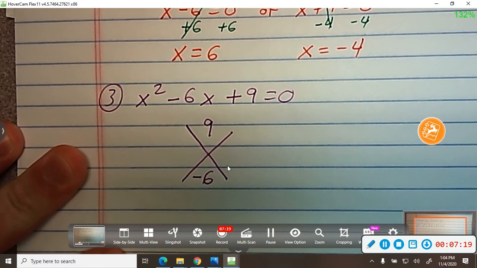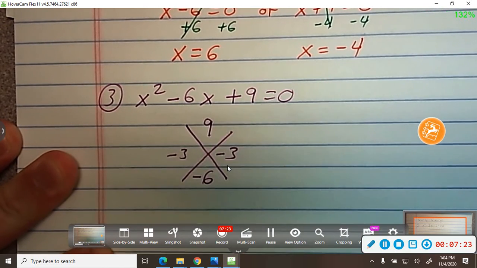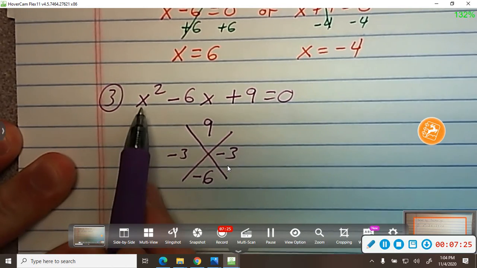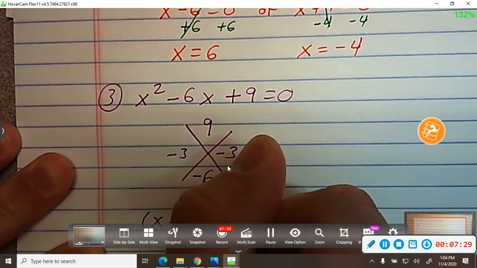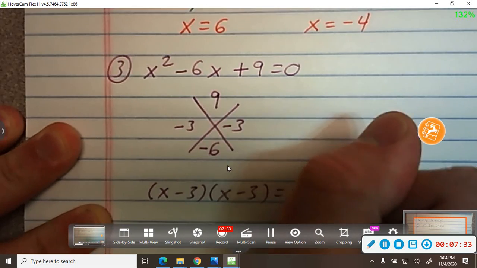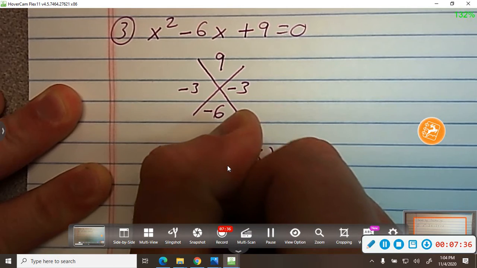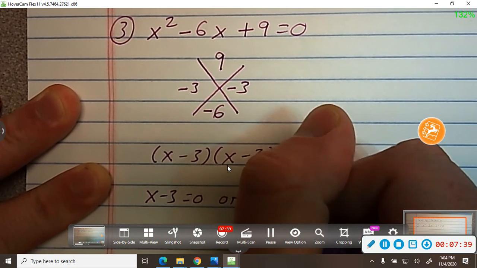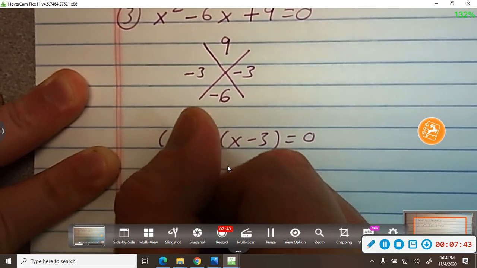That would be negative 3 and negative 3. So then I put x minus 3, x minus 3. Solve that, and I get x minus 3 equals 0, or x minus 3 equals 0. So then I get x equals 3,